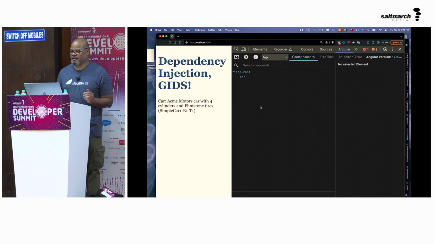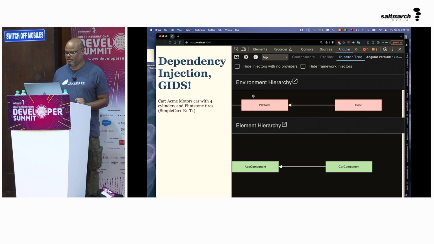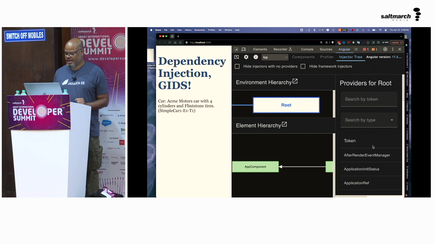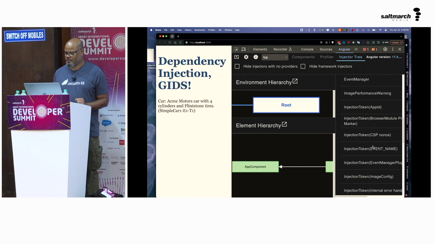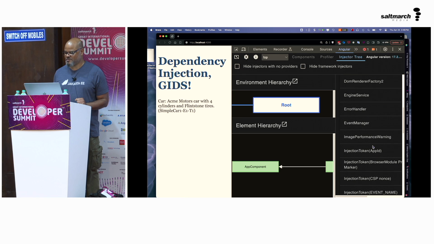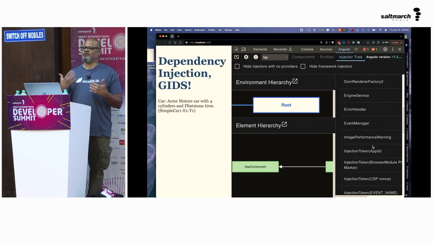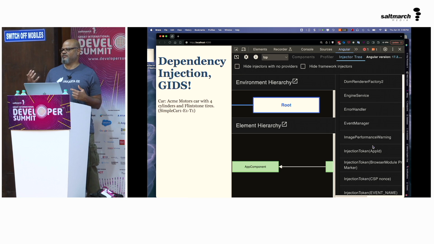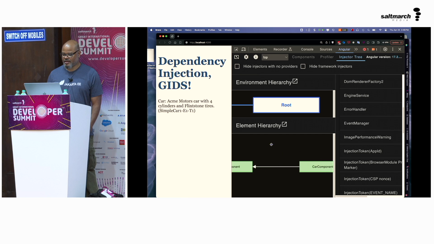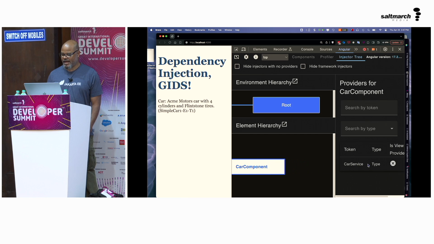And the reason is, if we look at the injector tree, in the root we actually won't have it because no one's needed it yet, because the instantiation is all lazy, right? So if nothing actually needs it, it's not going to be created, which is nice. But at the car component level, we have car service now, okay?